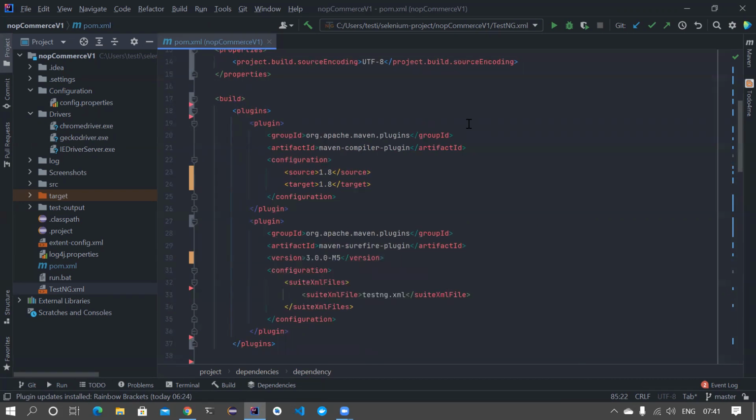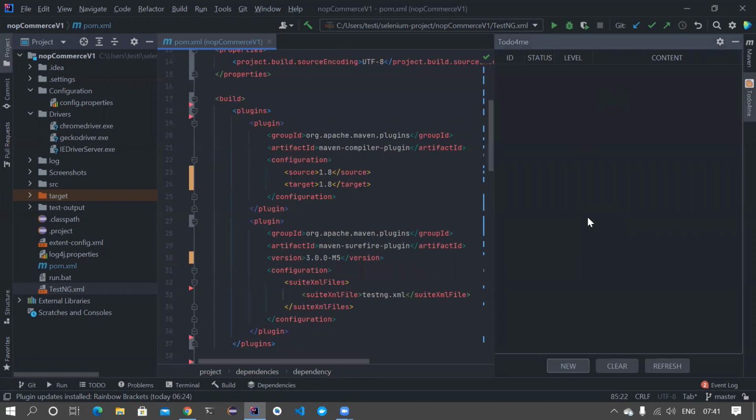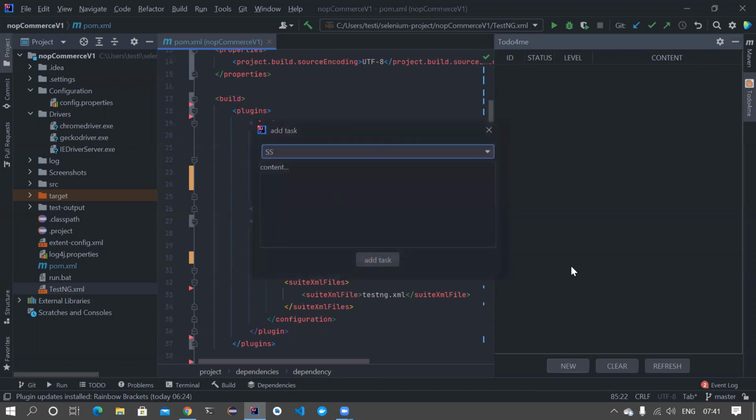If you are someone who forgets what you do, I use a plugin for IntelliJ called To Do For Me. You can add it from the marketplace. I'm going to mark whatever stuff I need to do. This is how I approach this problem. The SS means it's a priority, a very high priority. You want to use SS. So it's a very high priority that I need to run the tests. I need to fix all the things, and then I should see a test getting run. That's my first priority.